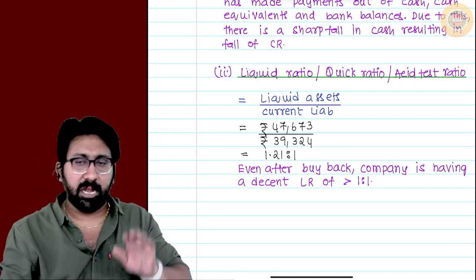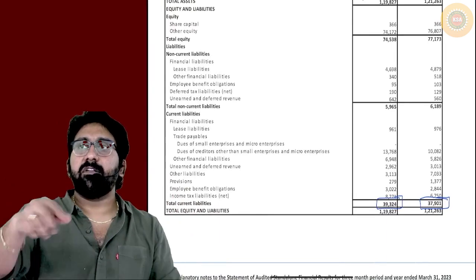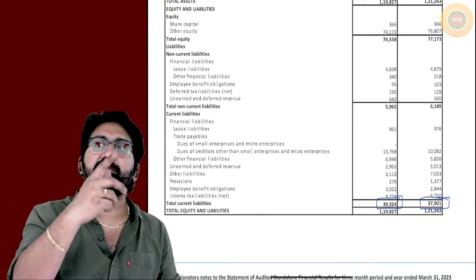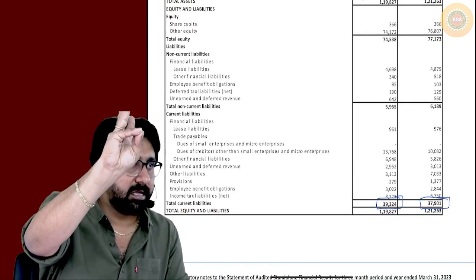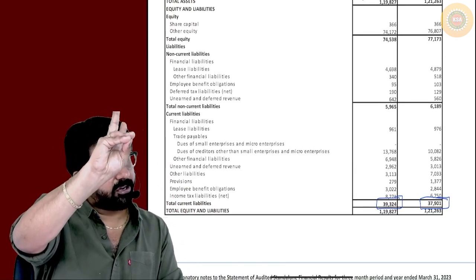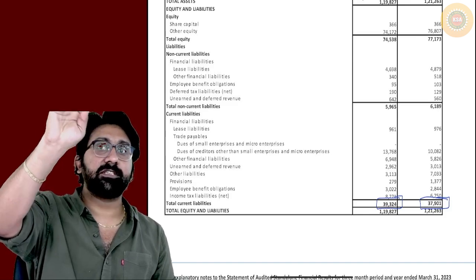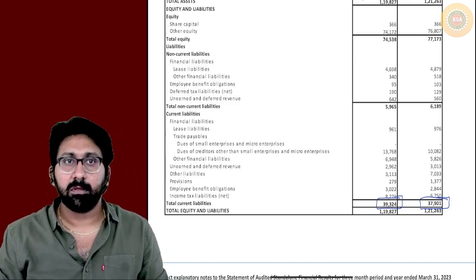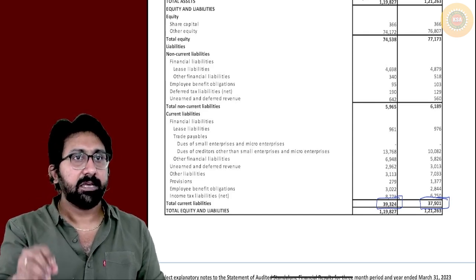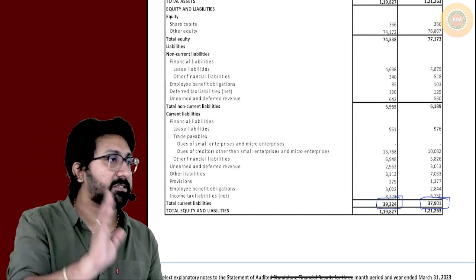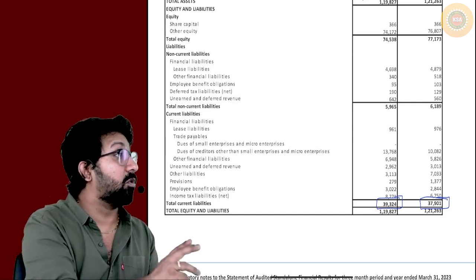Shall we? I will ask you questions one by one, answer. Can we calculate the debt equity ratio? Yes, total debt to equity. What is equity? Equity share capital plus reserves and surplus is called equity, also called owner's equity.